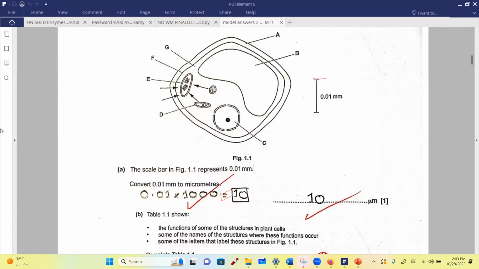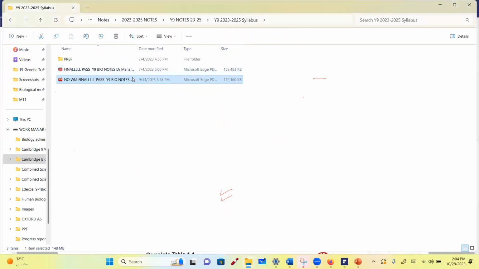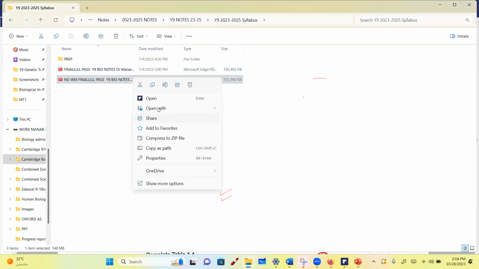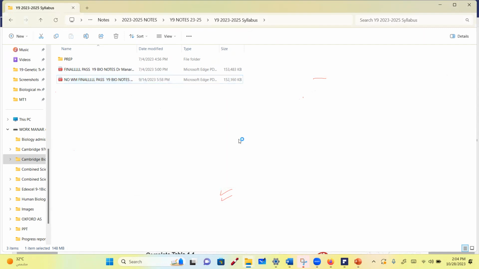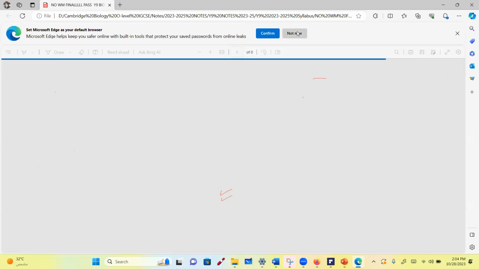Now, this question. A lot of you got confused between letter E and letter D. Didn't we study in detail the structure of the mitochondrion? And we said that the mitochondrion is folded from the inside. And why is it folded? It is folded to increase the surface area. One minute, I'll open this with another application. That is why.